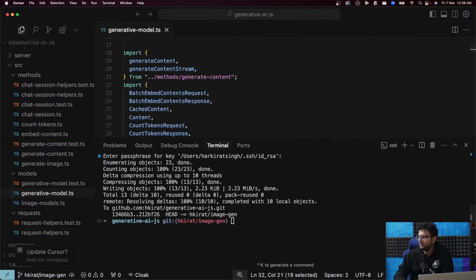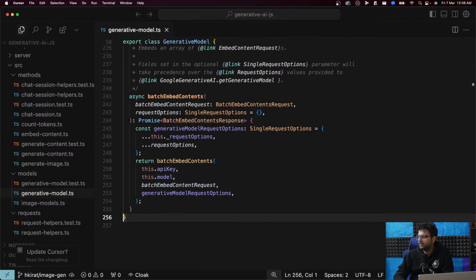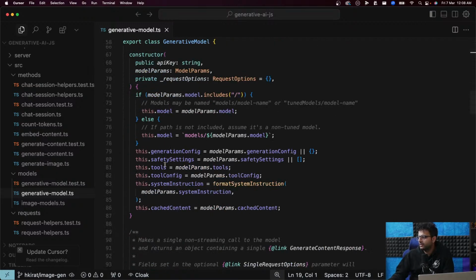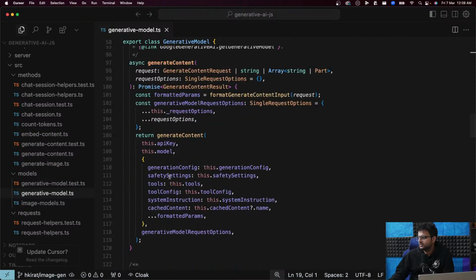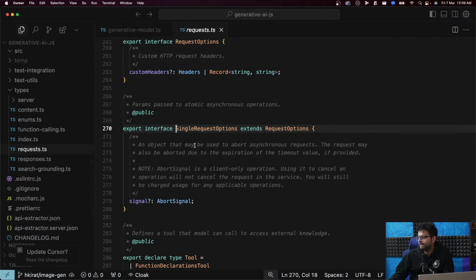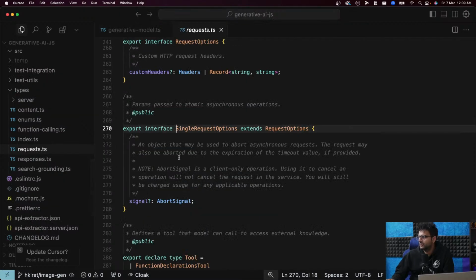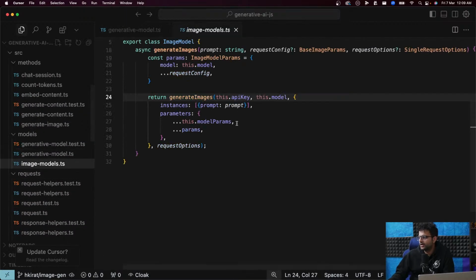Model. Is this the right one? Yeah. So if you look at it, what is request options? Yeah. So go back here to ImageModels.ts.